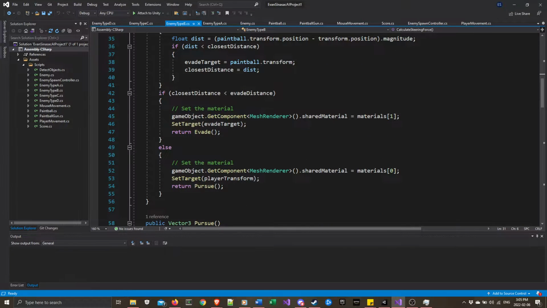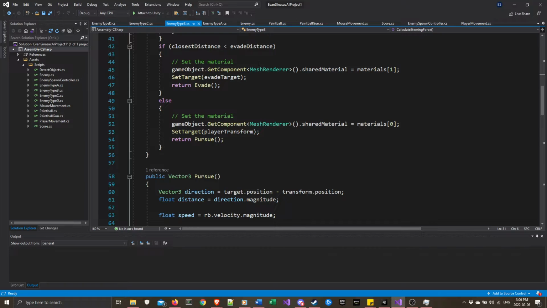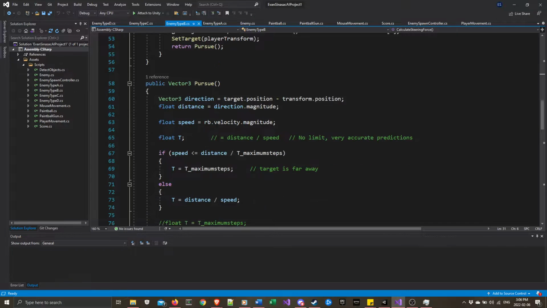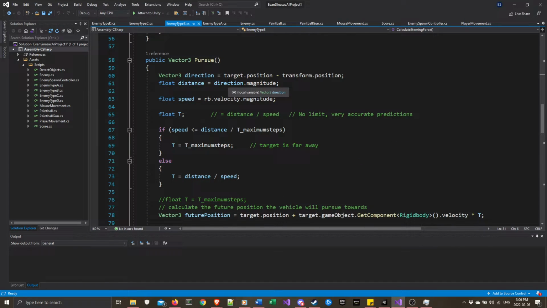Then, after going through all the game objects, we check if the closest distance is less than the evade distance. If it is, then we set the material to the second material, we set the target to the evade target, which will be the paintball, and then we return evade. Otherwise, we do the pursue behavior, which sets the material to the first material and sets the target back to the player transform. And we return pursue, which pursue is very similar to